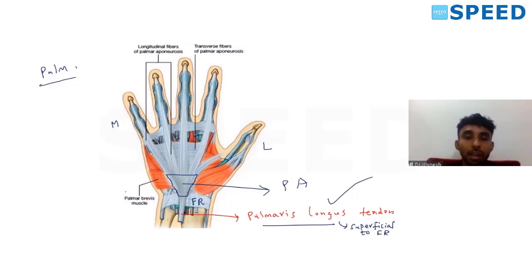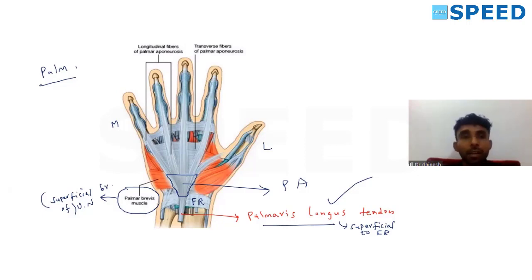And we have studied, when we talked about the intrinsic muscles of the hand, what is the peculiar feature of the muscle you are seeing here? Palmaris brevis. Exactly. It is the only muscle in the palm supplied by the superficial branch of the ulnar nerve. And why is it supplied by the superficial branch? Because it is a superficial, subcutaneous muscle. Otherwise, we can say it is an example of panniculus carnosus.